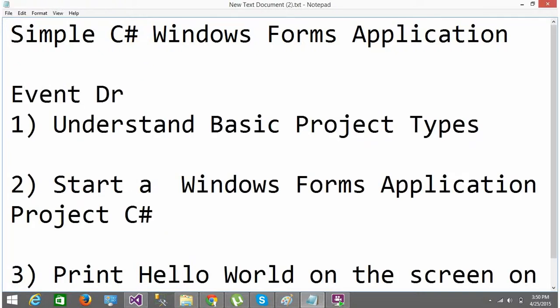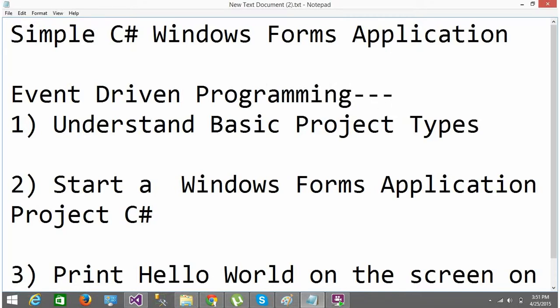So in Windows Forms application, we will be dealing with event-driven programming. That is, every event. What is an event? User clicking on a button, user clicking on something, event. Based on every event you will have a certain result, you will have a certain output. Okay, based on a particular event you will be manipulating a part of the Windows Forms application, you'll be showing some message to the user, you'll be firing a pop-up, so on and so forth, right?